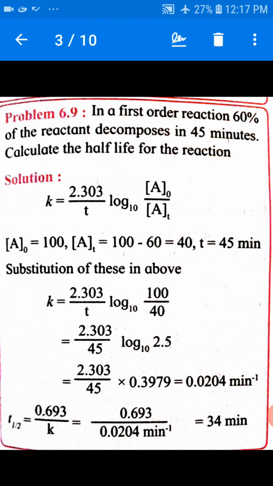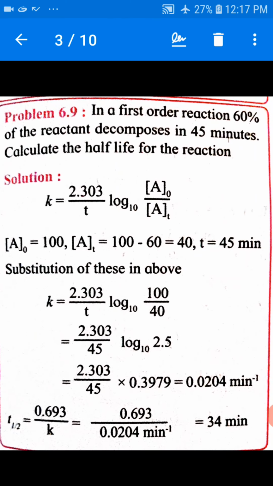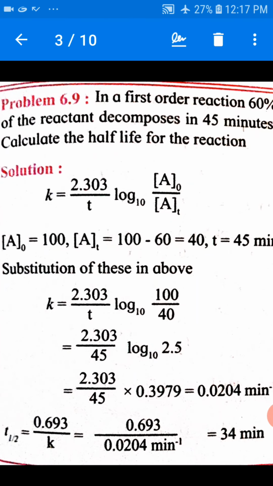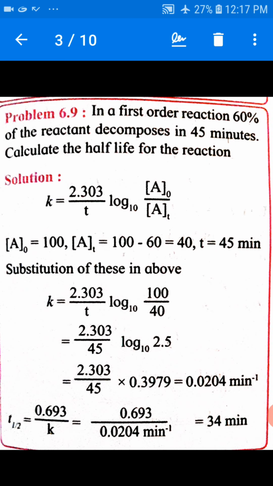We know K equal to 2.303 upon t log base 10 of A0 upon At. Here A0 means initial concentration, which is of course 100%. Therefore, it decomposes 60%. That means remaining is 100 minus 60, which is equal to 40%, and time is 45 minutes. Substituting these in the above, K equal to 2.303 upon t log base 10